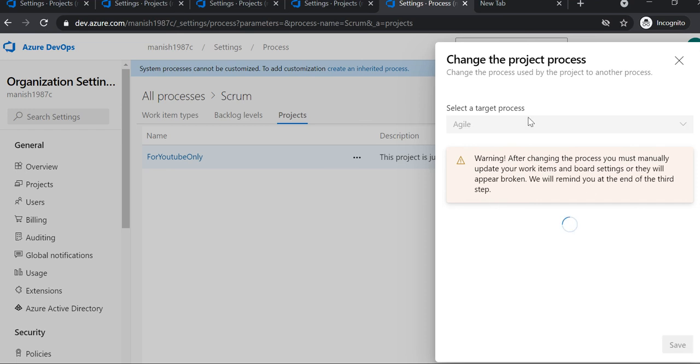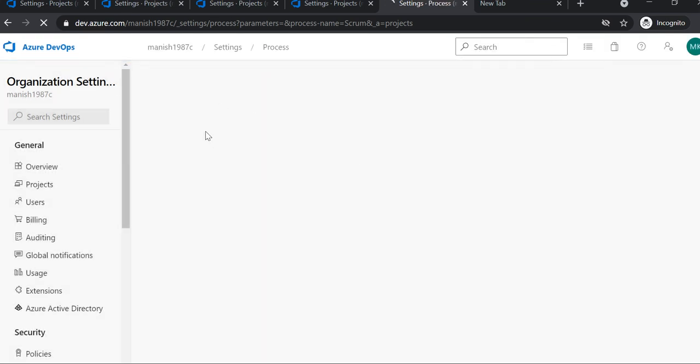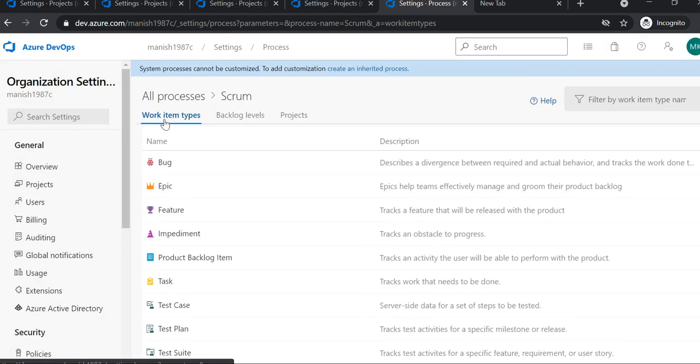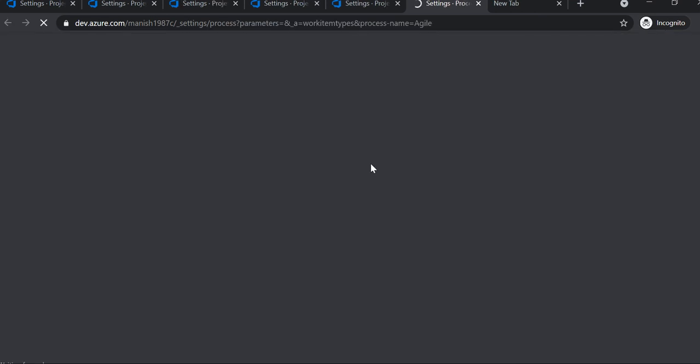As soon as you select Agile, the work item types will be different. Let's quickly see the work item types. It takes one or two seconds to refresh.